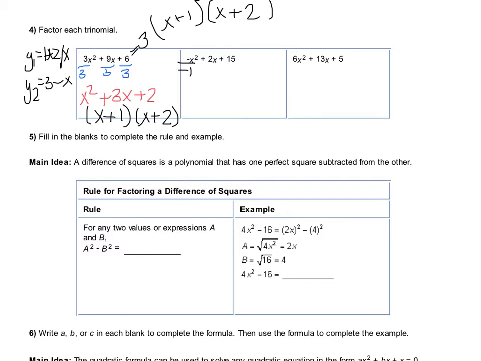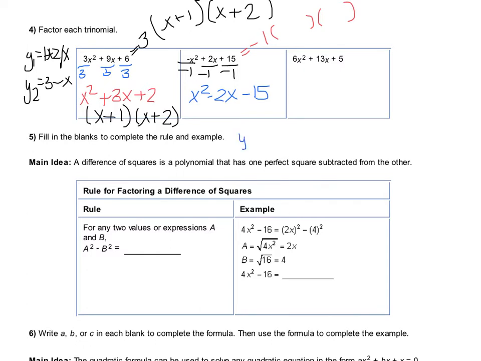So I'm going to do that, divide everything by -1. So I know that when I have my final answer, it's going to have a -1 in front of my 2 parentheses. So when I divide it by -1, I end up with positive x squared minus 2x minus 15. And then again, we're going to go to y equals, and we're going to type in